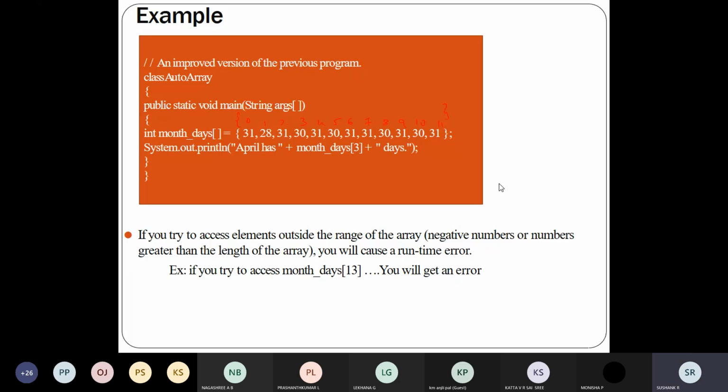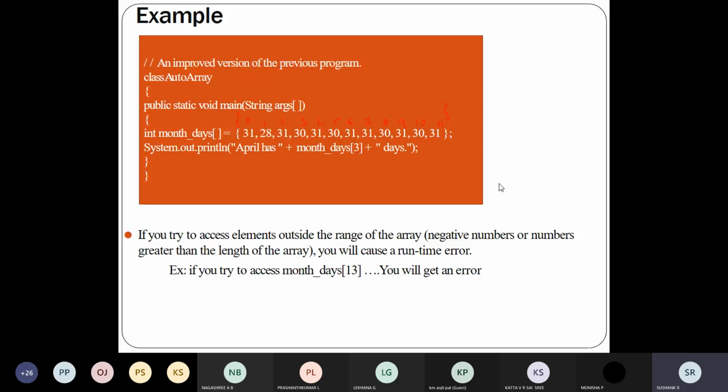Yes or no? How to declare the array? How to access the elements of the array? How to give values to the array? So that is what you have studied. And also one more thing, in order to read the array, in order to print the array, you can use a for loop. For i equal to 0, i less than n, i plus plus, like that. You can use that. So reading and printing, the same thing.